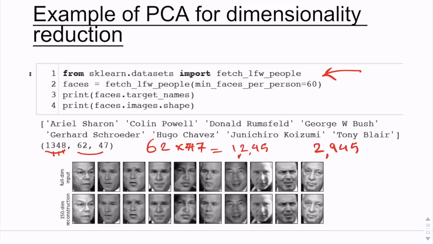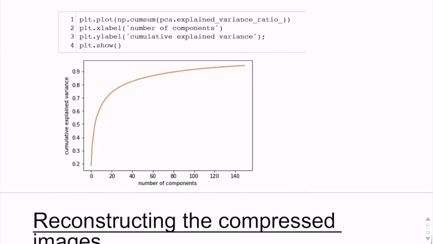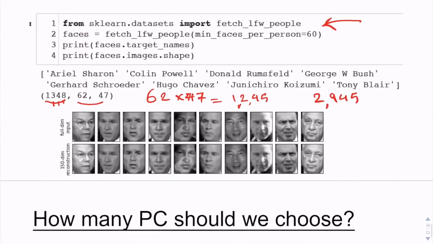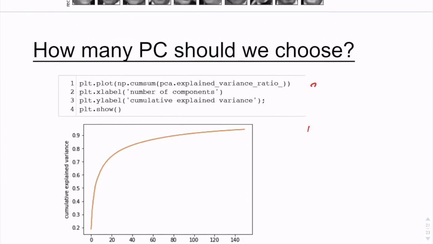So after doing principal component analysis and then plotting the number of components, here we only show 140 components. We see that if you choose only 140, we get accuracy close to 90%. So instead of using 2,914 principal components, we will do the reconstruction by having